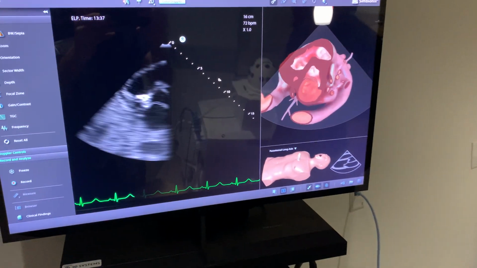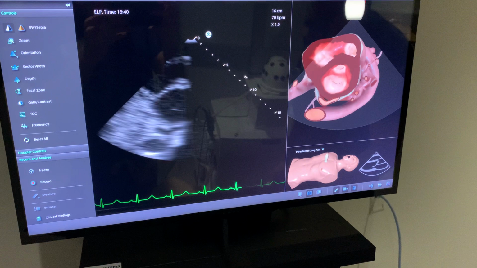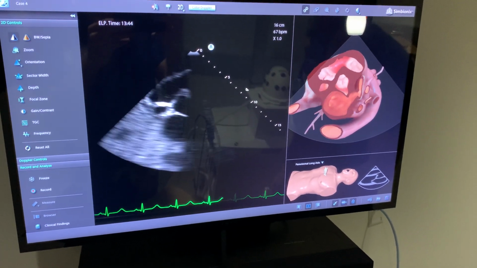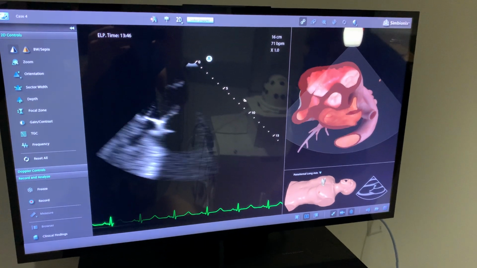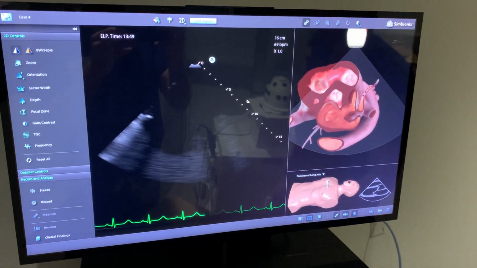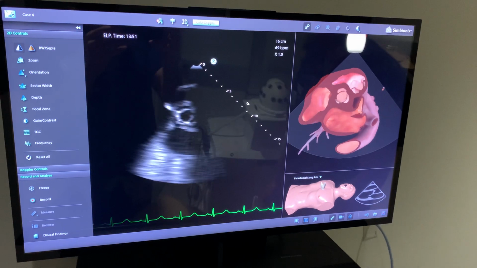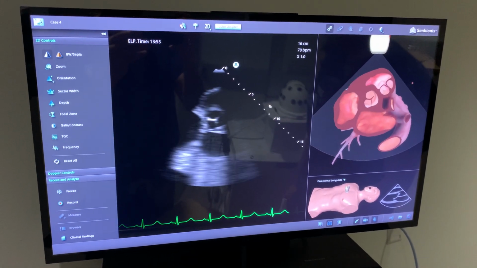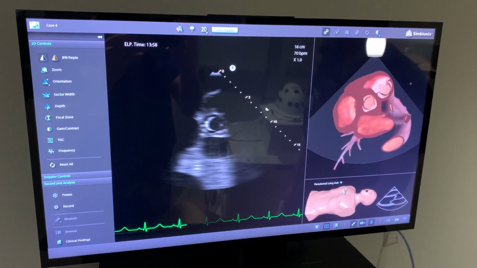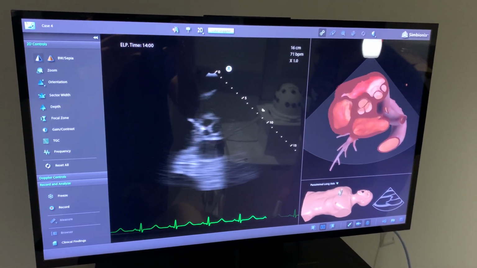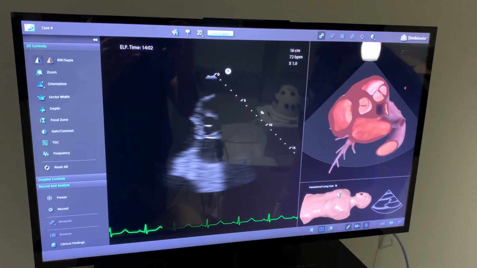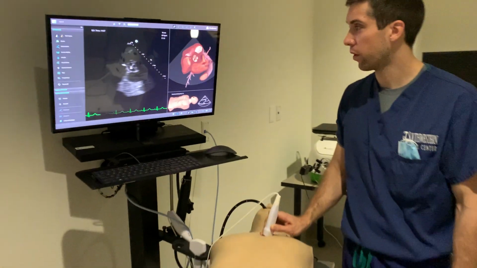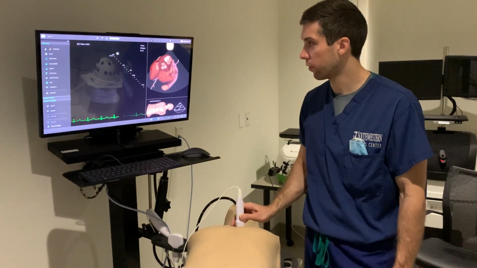So that's the fish mouth view of the mitral valve that we had seen, looking for mitral valve pathology. Keep going up. Let's see if we can. Sometimes you might have to slide up a rib space. So you can see coming into the middle of the view is the Mercedes-Benz sign of the aortic valve. So this is the parasternal short axis again, but just tilted or fanned more towards the base of the heart. Exactly, and then there are some other, I'm going to try to fix this a little bit just because